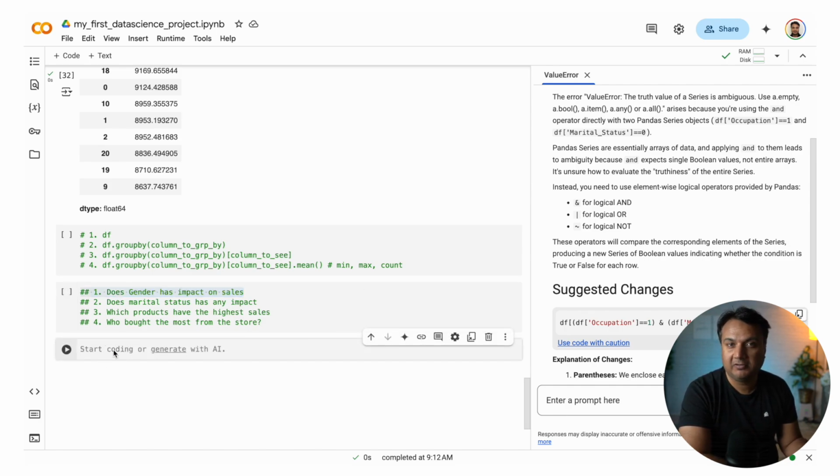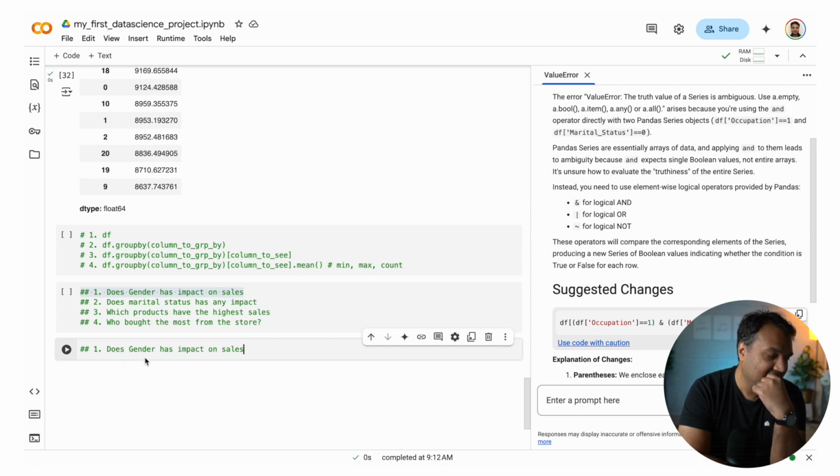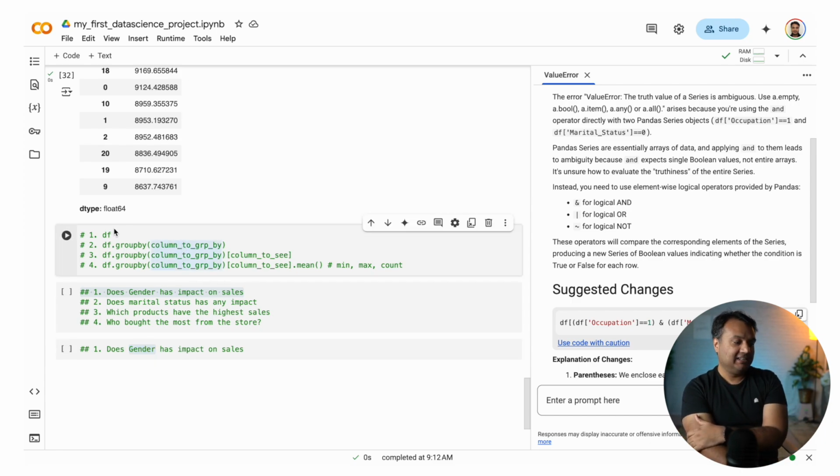First thing I want to see is, when I paste it, how much AI can help me figure it out. But before I do that, you can see that for each gender, I want to understand sales. Whenever I say "for each" this, there is an opportunity for group by. So I know it will be a group by gender. And so again, looking at here, this is the data frame we are looking at. We only have one, df. All the data is in the single data frame.